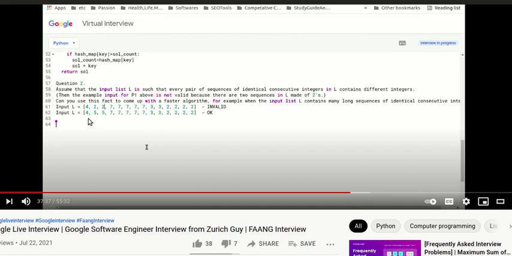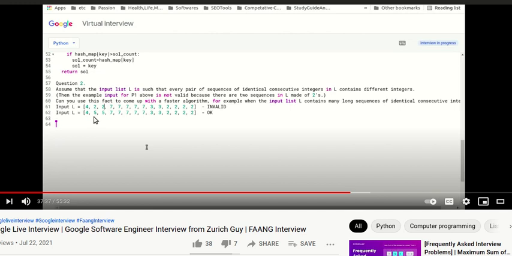First we will go from first index to second index, then first index to fourth index, then first index to eighth index. That way we can keep on doing exponential steps until the value is not equal to 4. In this case, the first one will only be not equal to 4.